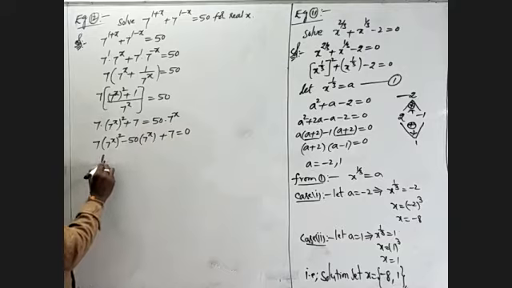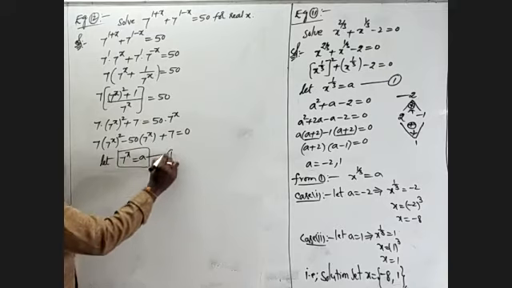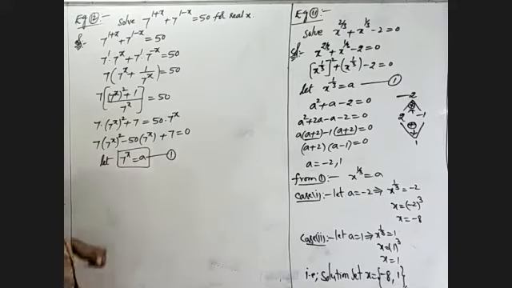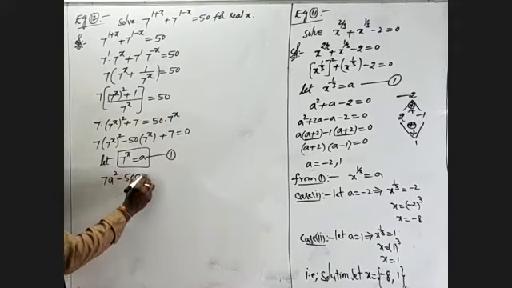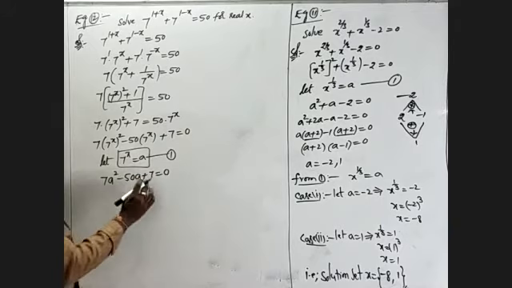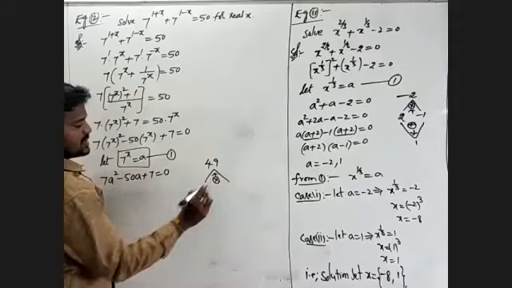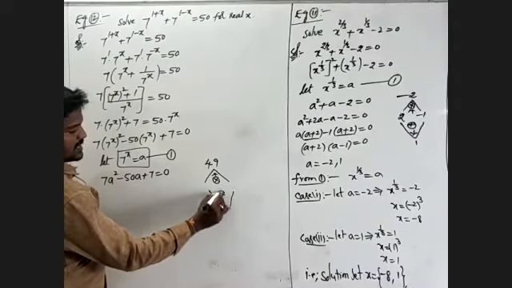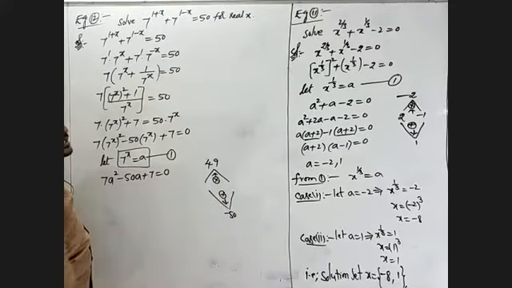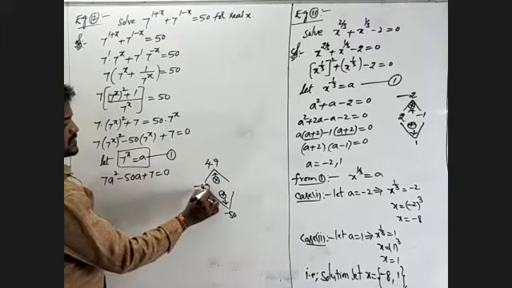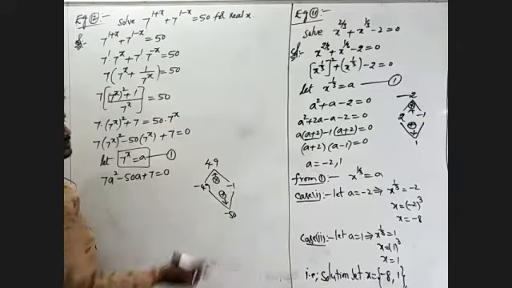Okay, let 7 power x is equal to small a. This is like equation number 1. What we have to write? 7a square minus 50a plus 7 is equal to 0. 7 into 7 is 49. I will take the numbers that satisfy the multiplication, and then satisfy the addition. The addition is minus 50. The multiplication is 49. So I will take minus 49 into minus 1. Minus into minus is plus 49, 1, 49. Minus 49 minus 1 is minus 50.